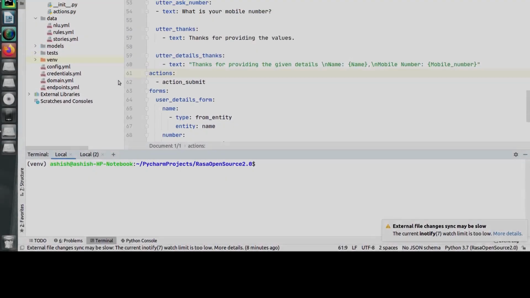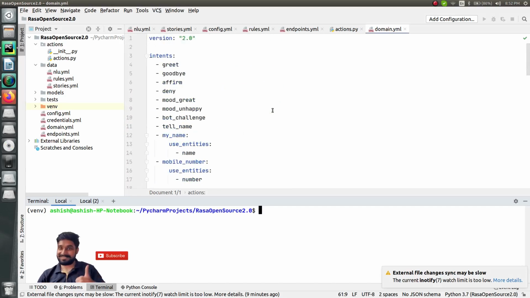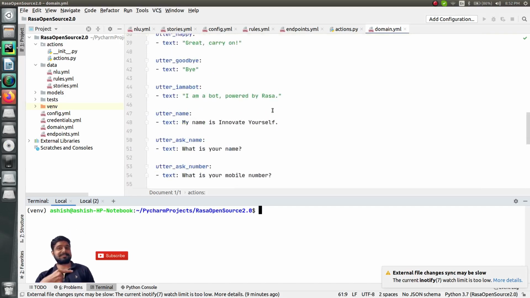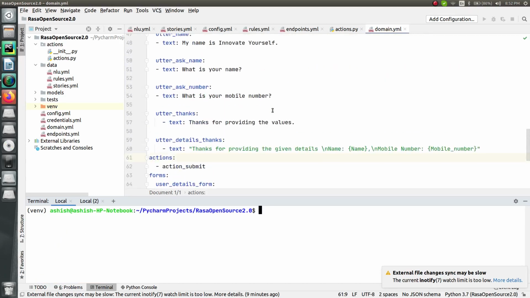Alright, as you can see over here on your screen, this is a chatbot which we already created in the previous session, and there I have already shown you how you can use the forms, and I have already shown you that in detail, right? So I think you have already got the proper understanding of that. But still, if you have any doubts regarding that, you can watch that video and you can leave a comment below in the comment section, right? So let's move ahead now.